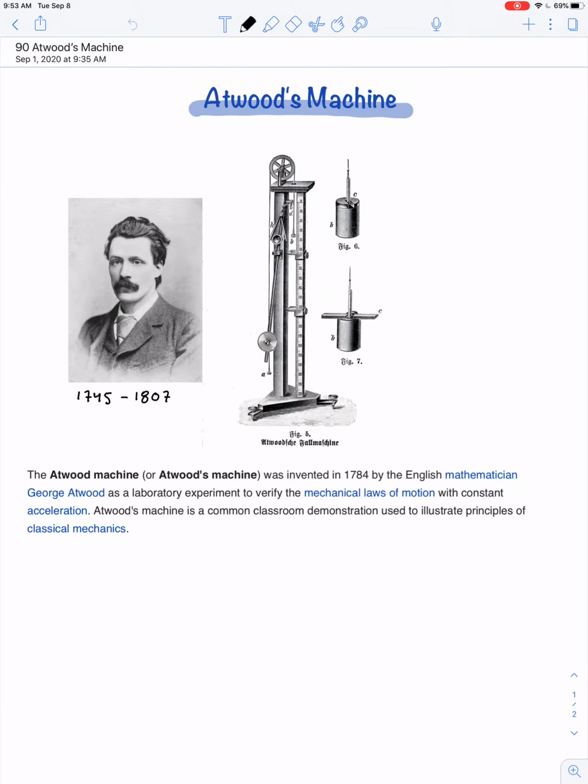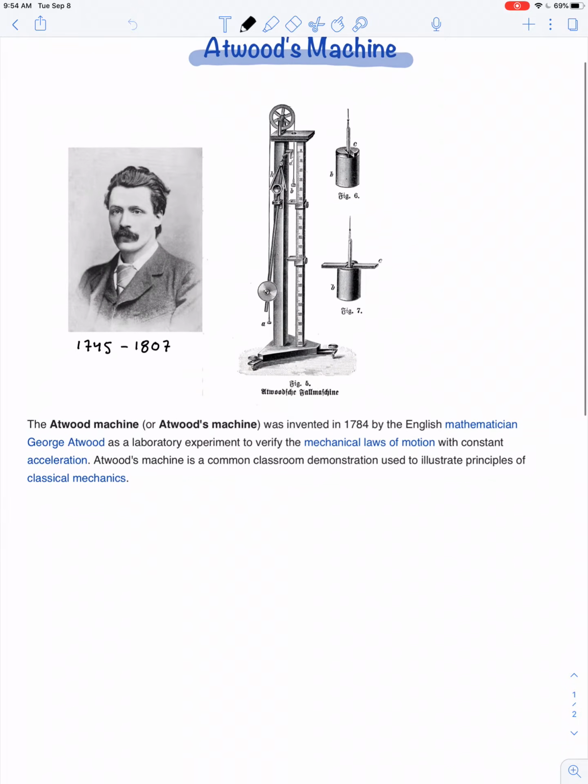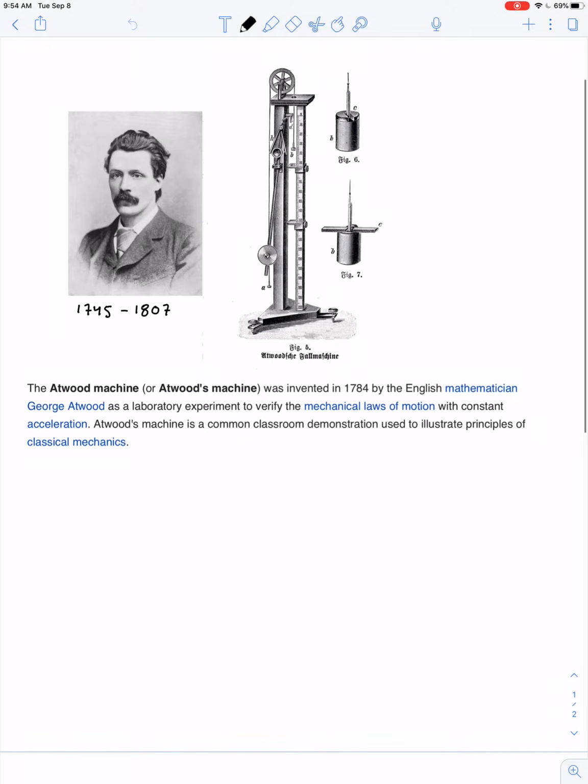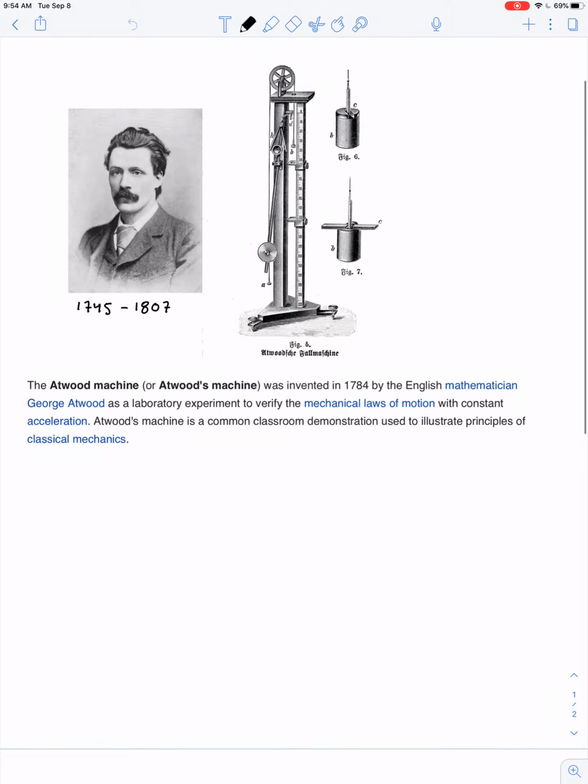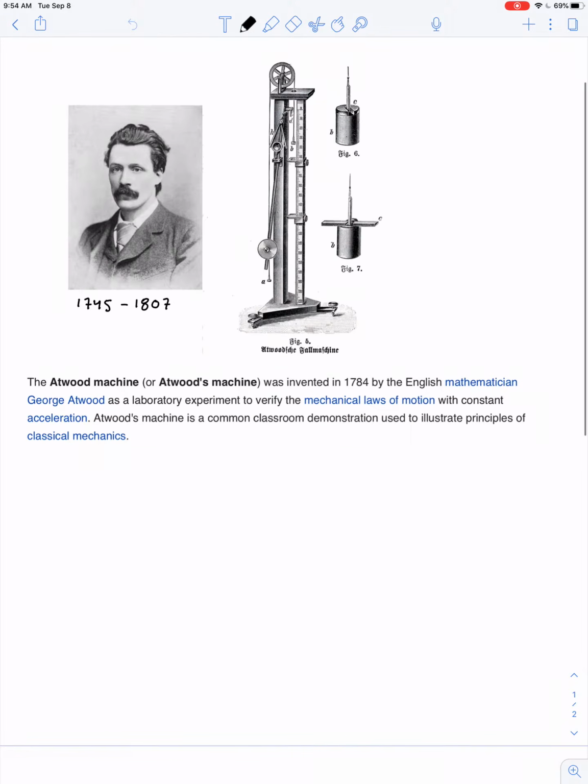You're probably getting a sense that there are a lot of time-honored problems that are assigned in first-year physics to help illustrate some major concepts and ideas, one of which is the Atwood's machine. So here's a little information that I copied over from Wikipedia if you're interested in the history behind the Atwood's machine. So it was invented by George Atwood in 1784,